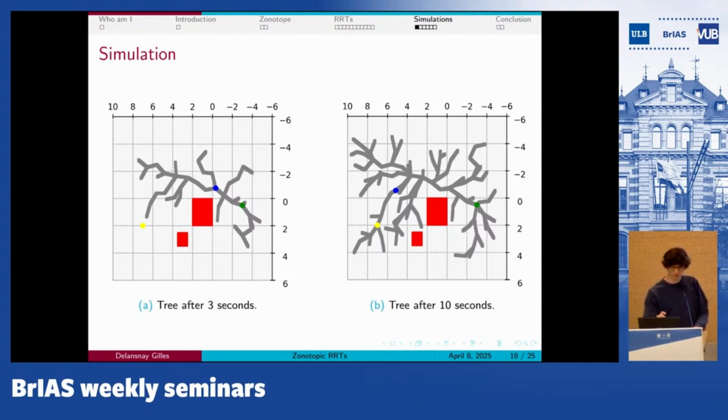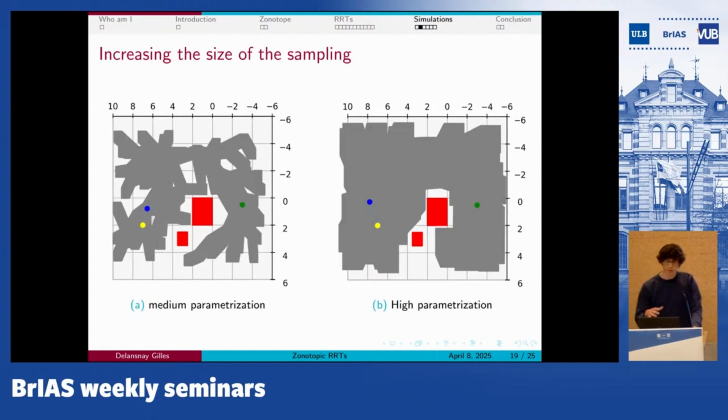No, those thick lines are the real free space that the tree found, okay? And what you can do is play with what we call the sampling region and the thickness of the tree, and you can begin to explore the space with thicker branches. And when you play with those parameters, you see that you are able to explore more and more of the space